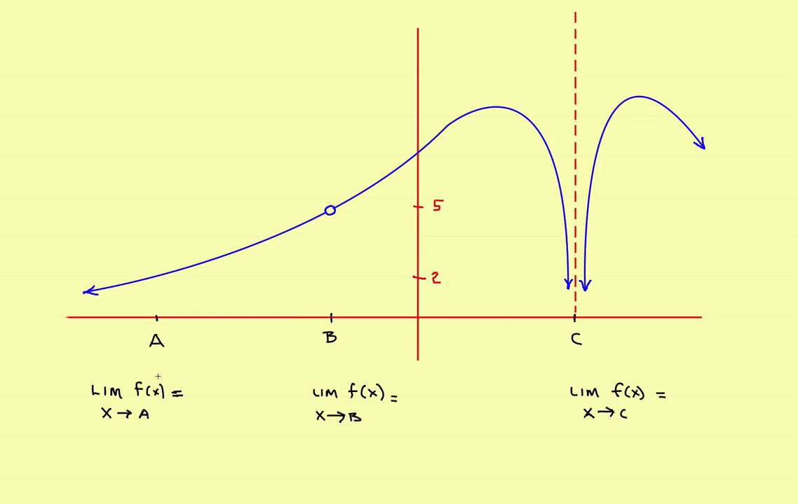Now the first possibility is this. We'll find the limit of f of x as x approaches a. In this case, this is a point where the function is continuous. If the function is continuous, then the limit is just whatever the value of the function is at that point. So the limit of f of x as x approaches a means that as x approaches a from the left and from the right, if you come straight up from there,